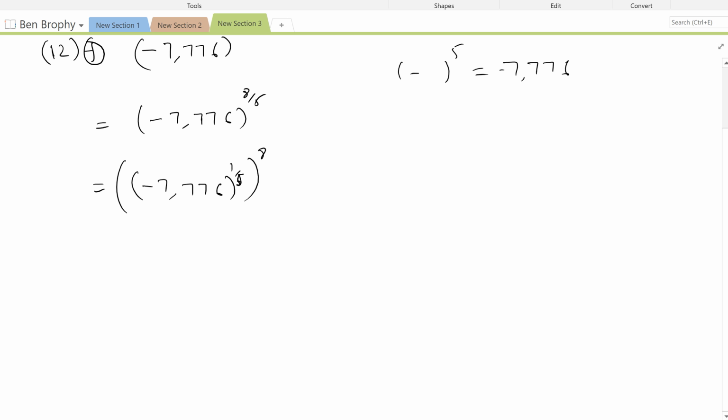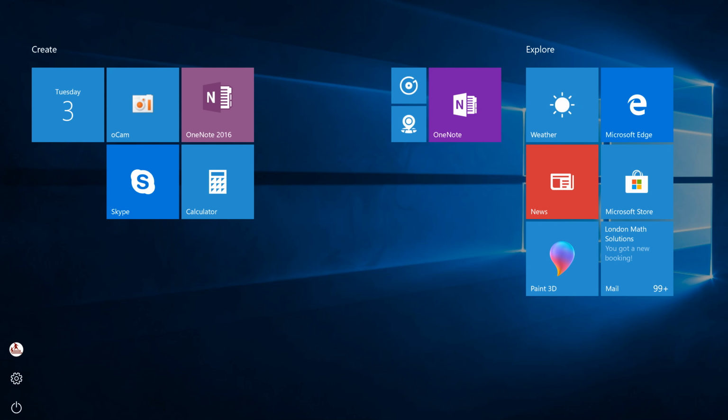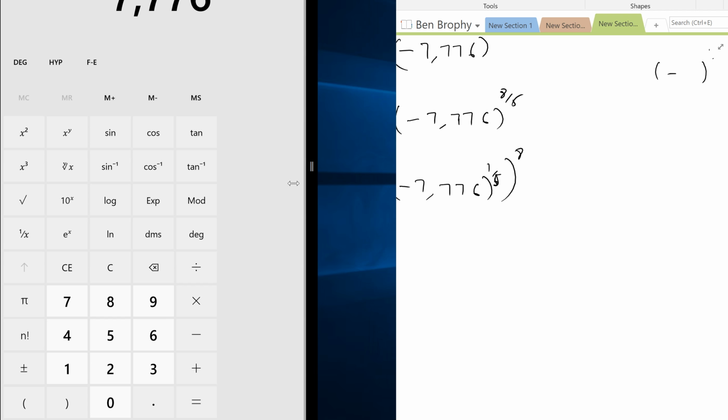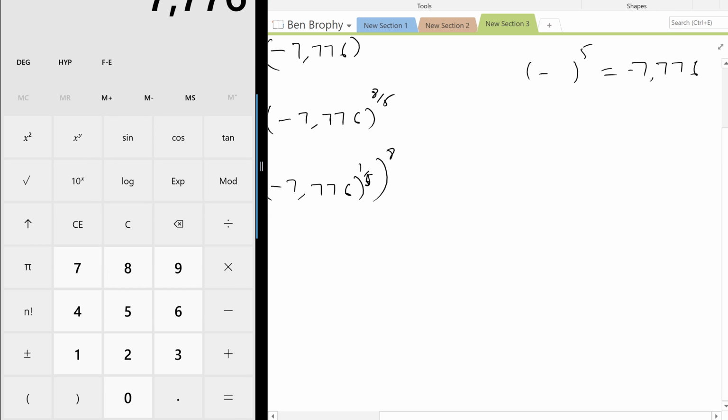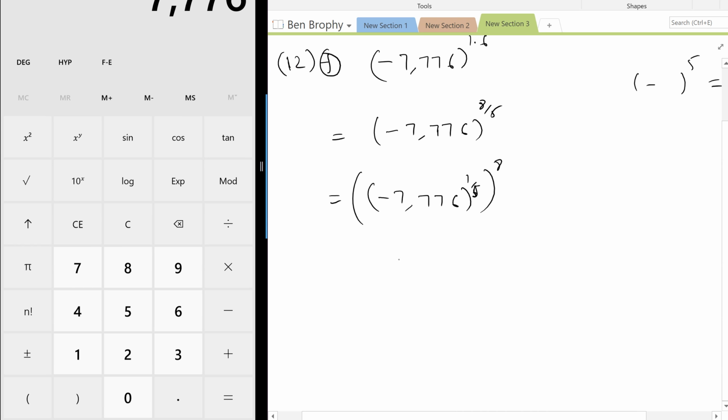Do you have a calculator there? I do. Okay. So the last number is 6, so let me do 6 powered by 5. Yep, here we go. When you do 6 powered by 5, you get that number. So we simply write negative 6 powered by